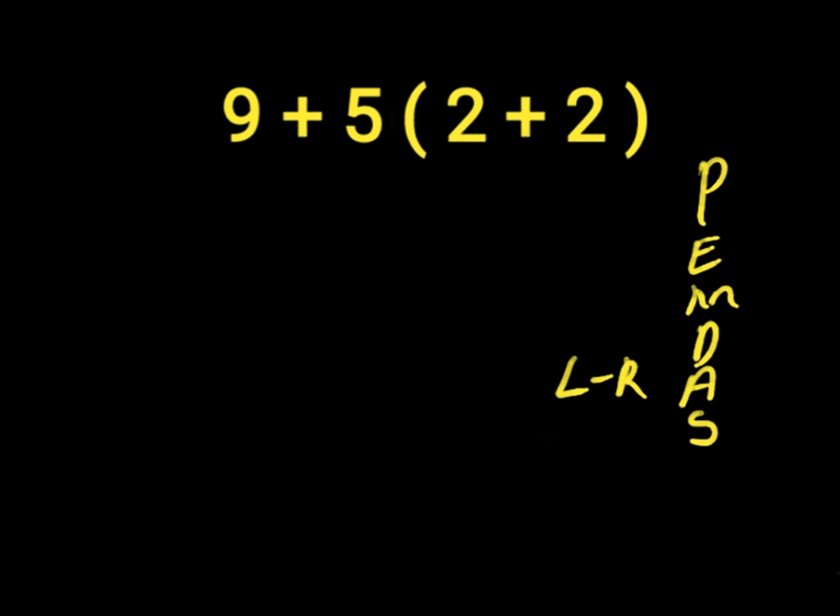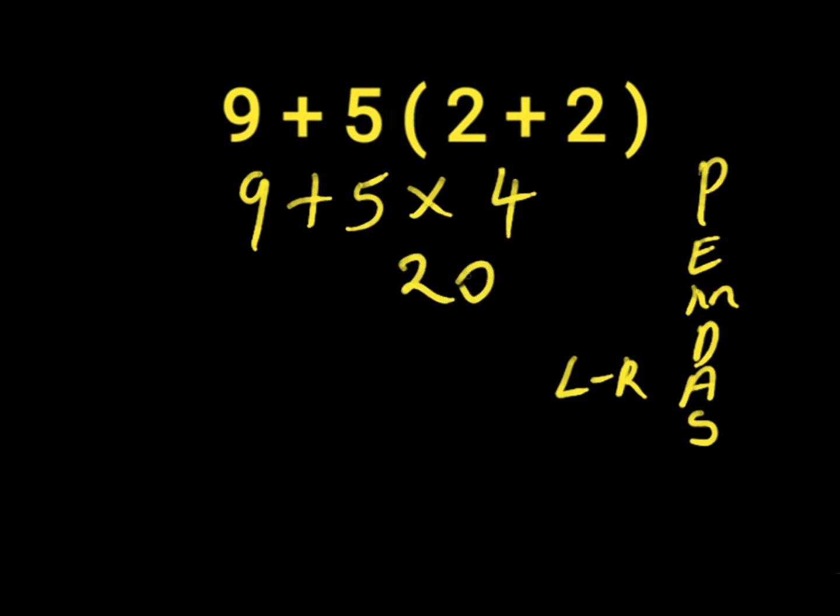So first of all, we have our parenthesis, which is 2 + 2. 2 + 2 will give us 4. Then we'll bring down our 9 + 5 × 4. Remember, in mathematics, if a number is close to a parenthesis, note that there is a multiplication sign in between. So we first of all solve our multiplication because it comes first before addition. So 5 × 4 will give us 20. Then we'll bring down 9 + 20. 9 + 20 will give us 29. So 29 is the right answer to this